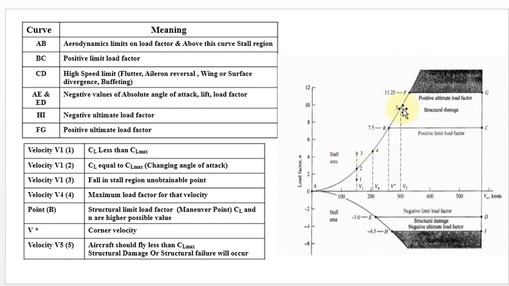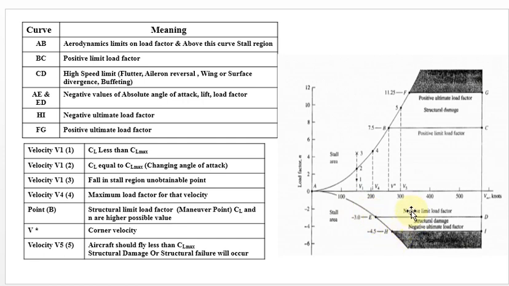These things happen for your positive angle of attack. When I am changing the angle of attack in the positive direction, these things will happen. The same thing will be obtained when I take a negative angle of attack. If I take a negative angle of attack, your CL value will automatically be negative. That is why the lower curve, from point A to E, is called the negative aerodynamic limit load factor. Below this is called the stall region. The upper portion covers the positive angle of attack, and the lower curve tells about your negative angle of attack. The procedure is the same.